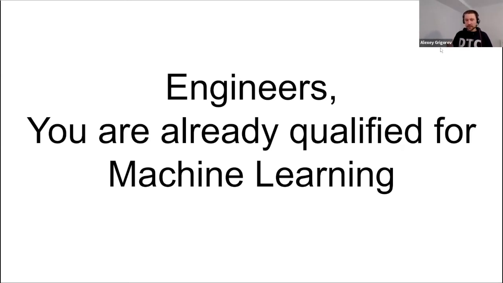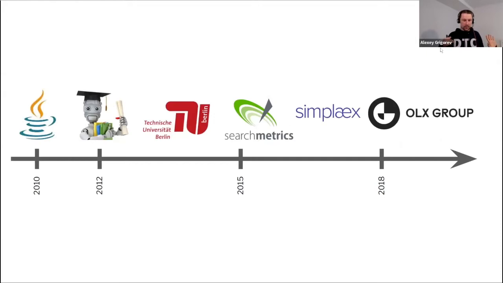So this is the main message. And before we start, I want to add a few words about myself. So I actually started my career as a software engineer. It was quite a while ago, so 2010. This is when I graduated from my university and I got my first full-time job as a Java developer. So I worked as a Java developer for a couple of years. And then after a few years, I ended up in a bank.